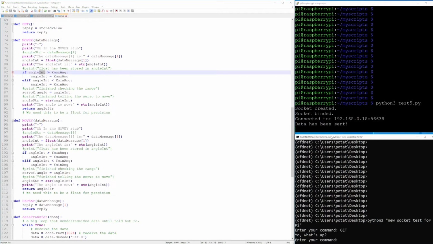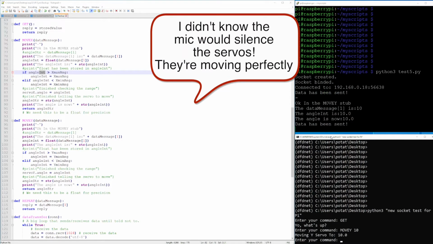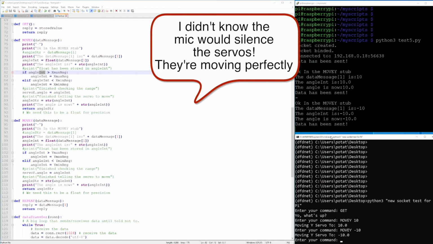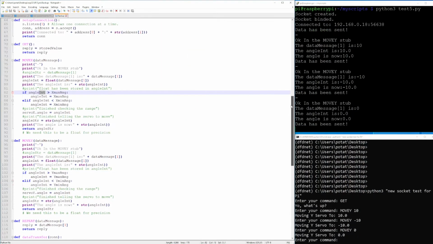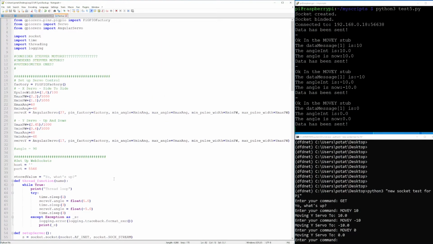Okay, I'm going to type in move Y, and we're going to say 10 degrees. There, that's working lovely. Let's do -10. Beautiful. And let's center that up. Lovely. So then what I did is I made a thread where we brought in input thread in, and we